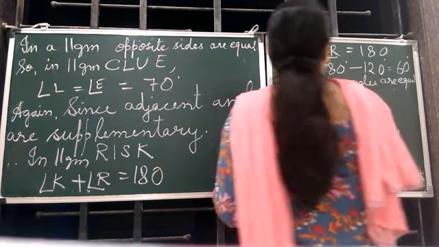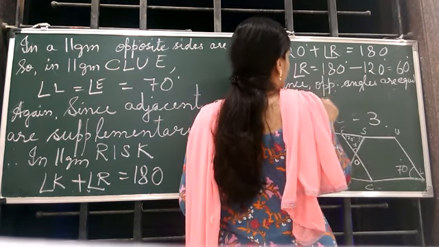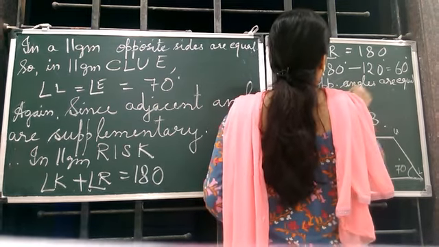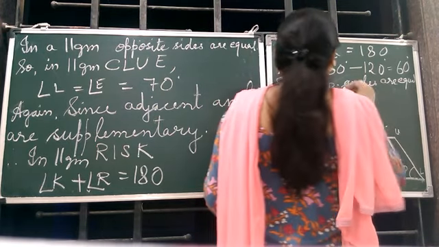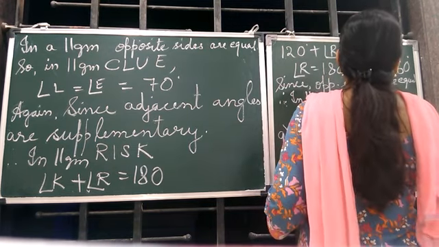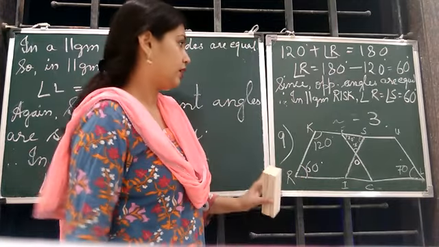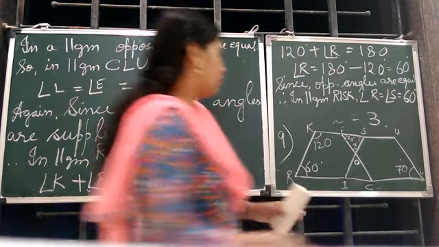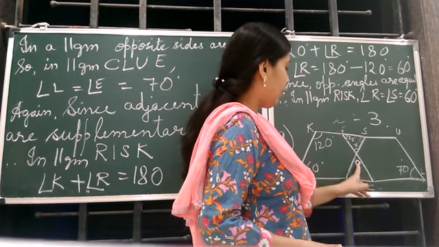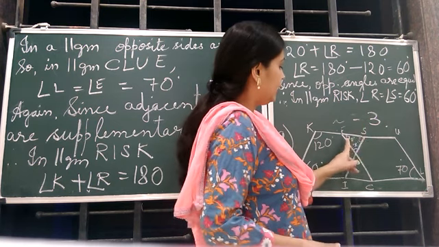Not only this much, you will have to write therefore in parallelogram RISK, angle R is equal to angle S is equal to 60 degree. Okay, so now this is also 60 degree. Now if you talk about in triangle EOS, if you use the angle sum property, 70 plus